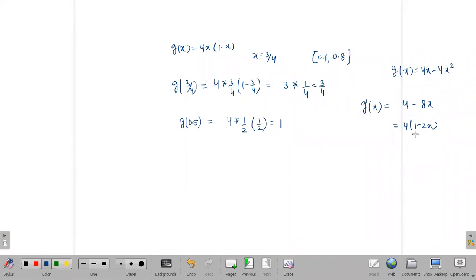Because here we cannot say it is overall positive or overall negative. Ma'am, we can simply make the graph of g of x. We can see it can go beyond 0.8 also. So can we not say it's not mapping into itself? Yes, here also we can see 0.5 is in this interval and g of 0.5 is equal to 1. It is not mapping to itself. So ma'am, that statement should be correct, no? G of x does not map into itself. Yes, this is also correct. And what about B? B is also not correct, no?